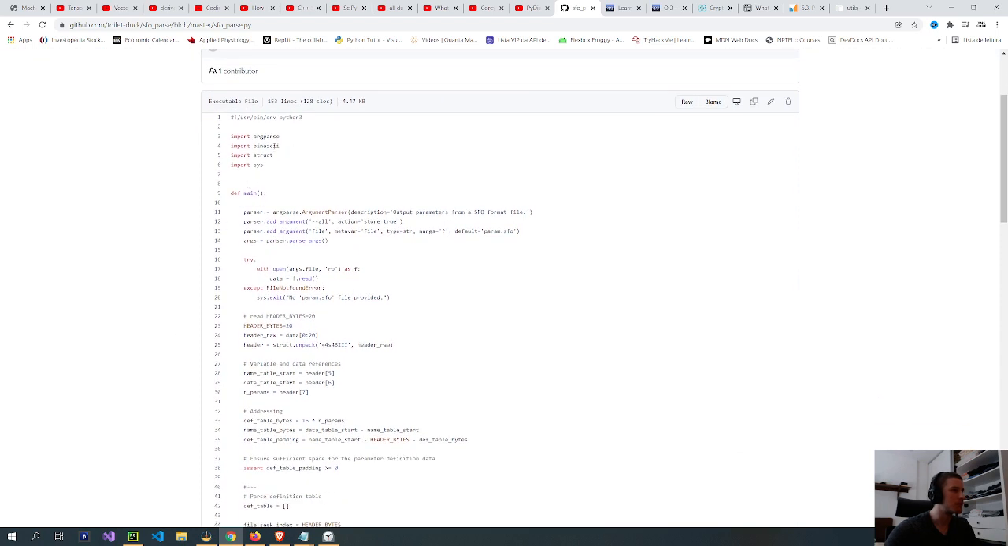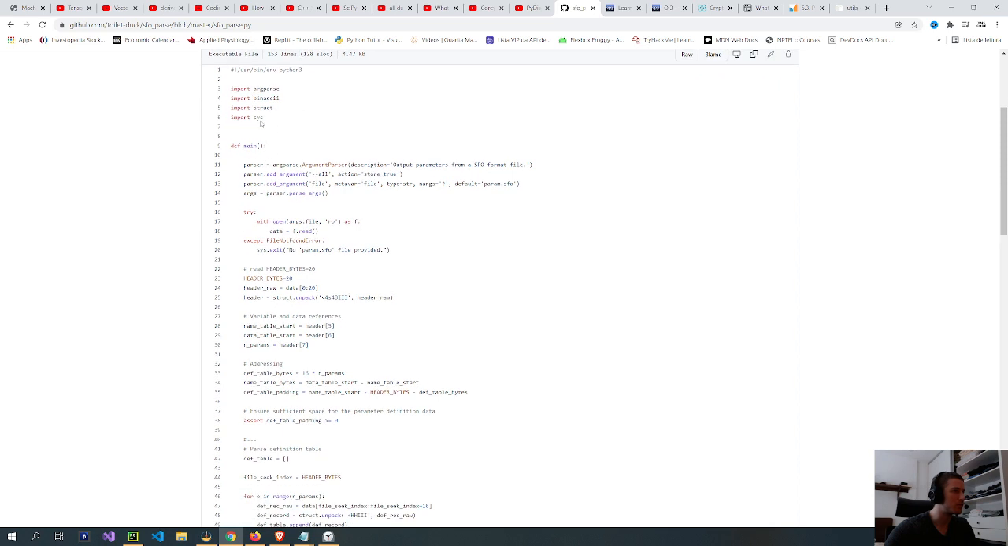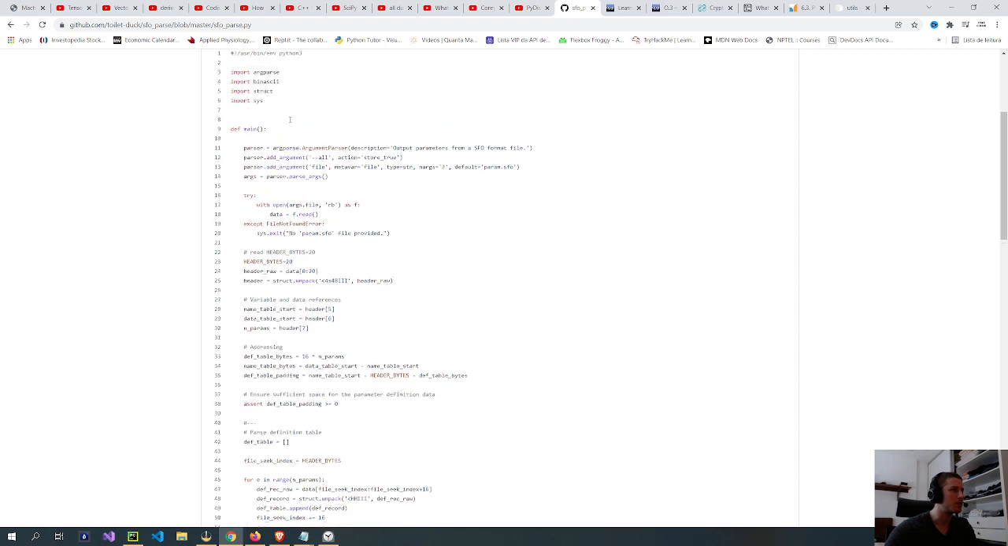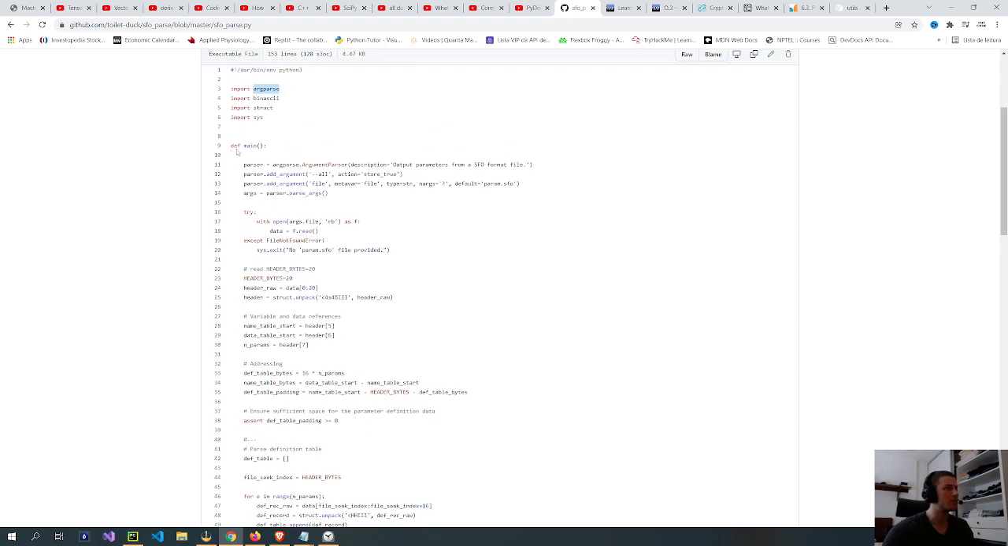So it's argparse, binascii, struct. I don't know how to say this. Struct, it says def main, parser equals argparse.ArgumentParser, description, output. Yeah, I don't understand what argparse is. Parsing arguments, but